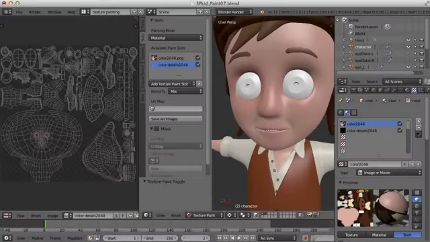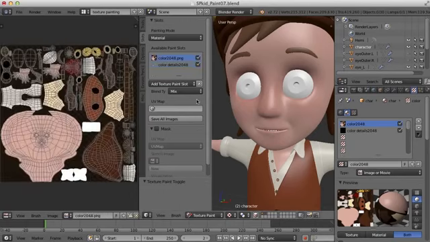Well, in the last few videos, we've gone through the process of setting up the interface for texture painting. We've blocked out our colors, and we've also added a color layer to add a few details to the face. One thing you may notice here is that I've renamed my texture slots to Color 2048,